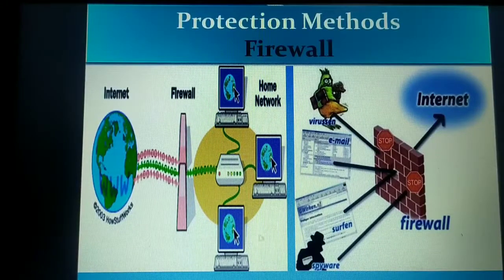This type of packet filter firewall examines each packet which is entering or leaving the network, and it may accept or reject the packets based upon certain user defined rules. What are these user defined rules? They are nothing but examining the IP addresses of source and destination. They may also examine the port number. Certain rules are there. Based upon that, this packet filter firewall will examine each and every packet entering or leaving your network and has the capability to accept or reject those packets based upon the IP addresses.